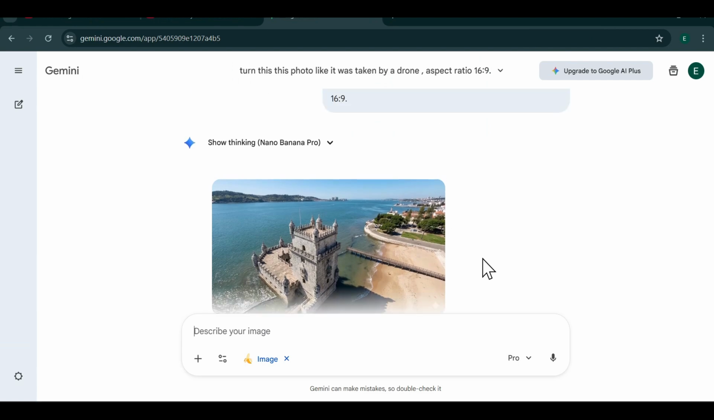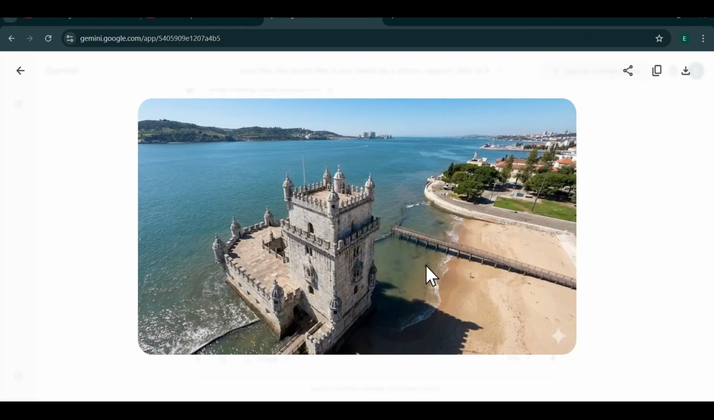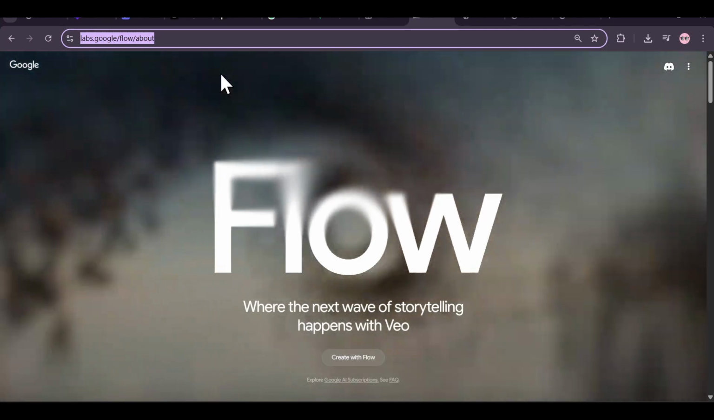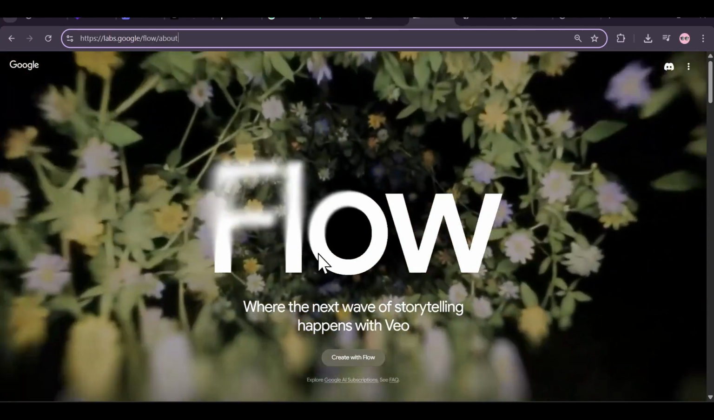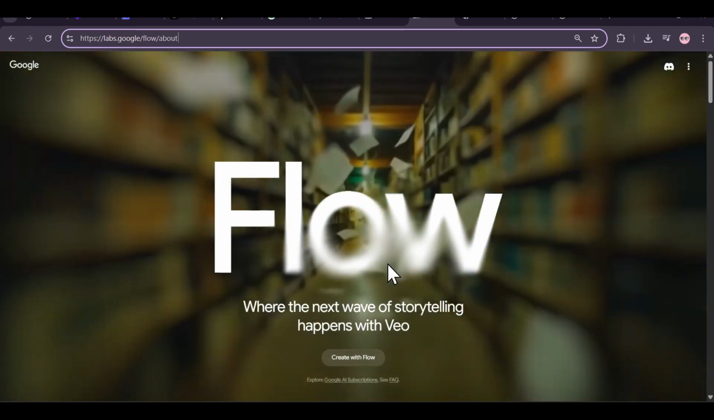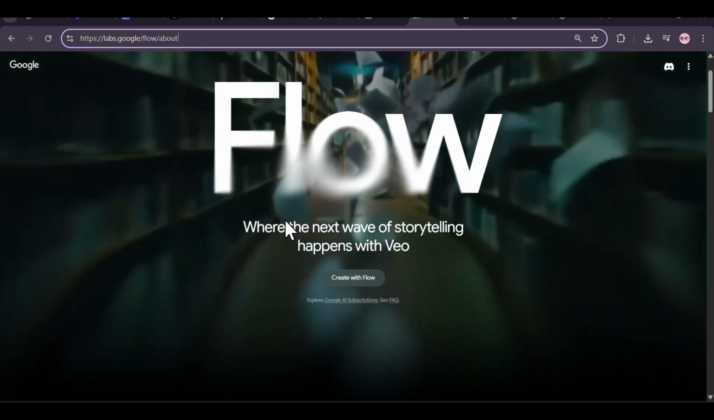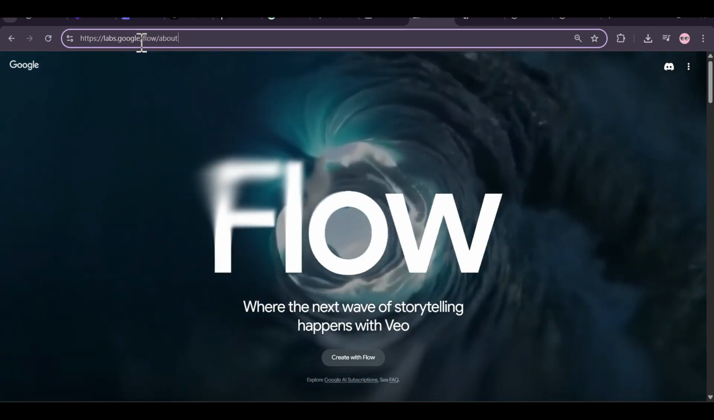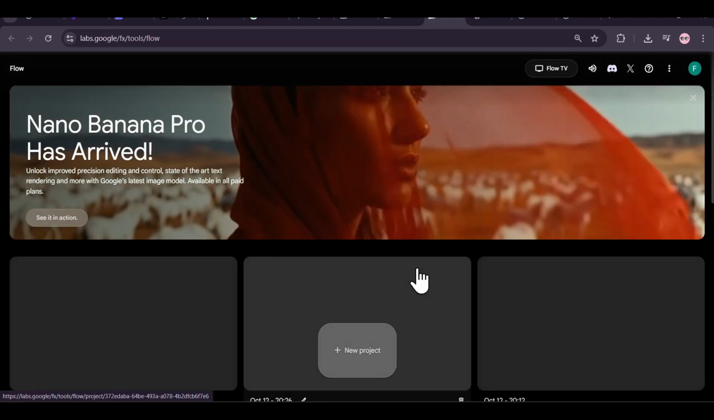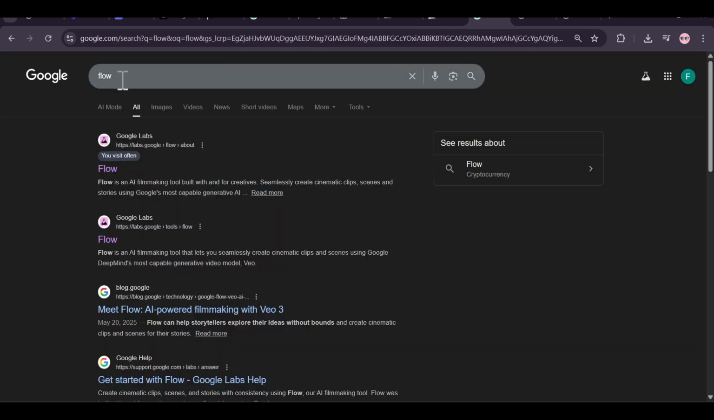And after a couple of seconds, as you can see, our image has been ready. So we're just going to download this image. And after downloading this image, we're going to go to the Google Flow AI, which is the video generator AI tool from Google. So you just need to come to labs.google.flow and click on this create with Flow. You may need to sign in with your Gmail account. If you don't know how to get to the Flow, just search for Flow on Google. You will find this Flow Google